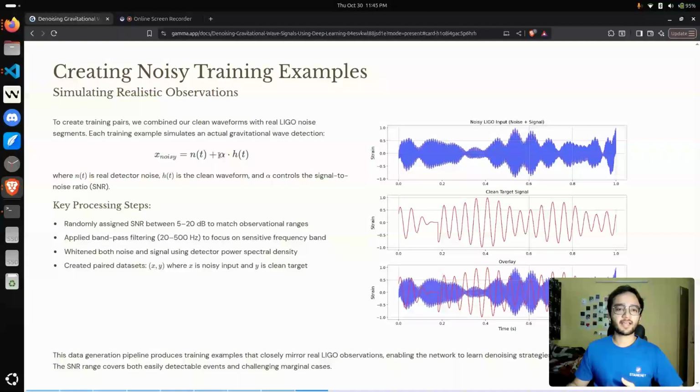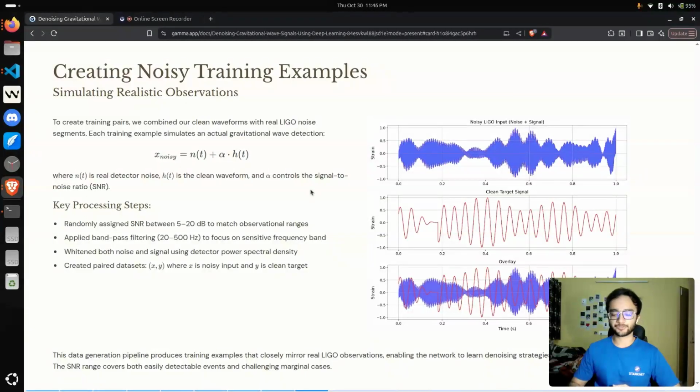We have a parameter alpha which controls the signal to noise ratio. I randomly assign this between 5 to 20 dB to make sure that I have a variety of data. Then I applied band pass filtering to focus on the sensitive frequency band. Of course, I then whitened the noise and the signal using the detector. And then I created paired data sets, which I fed into the model. This generation pipeline closely reproduces real LIGO observations, and the network can learn real denoising strategies which can be applied